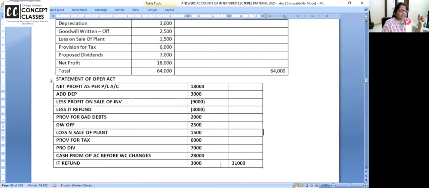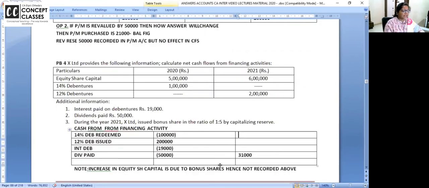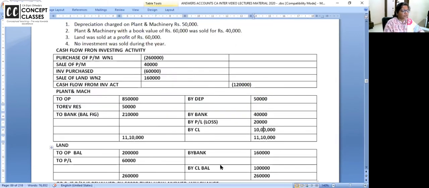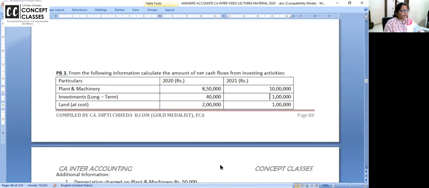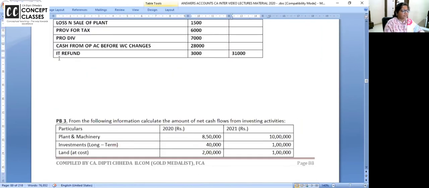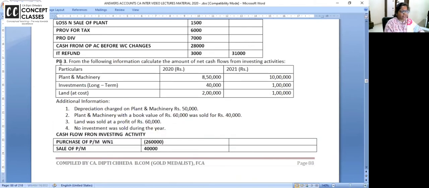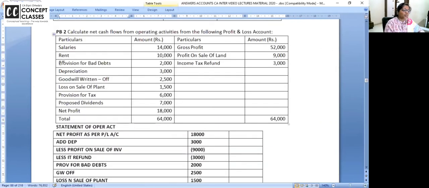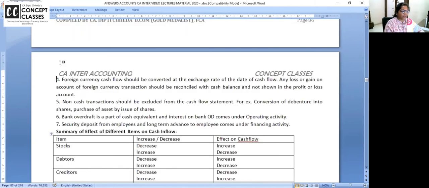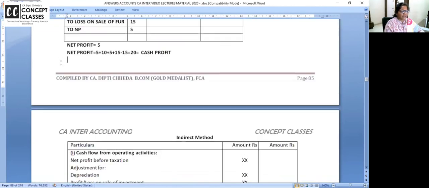Why did I add here? Because it was income tax refund. Clear with 1, 2, 3, 4. Promise me, unless you are clear with 1, 2, 3, and 4 problem, don't start with your cash flow statement full-fledged problems. Keep doing them until you have a grip on the concept. Keep on checking. And now you see the format of full-fledged problem so that we can do that. Okay? Right.